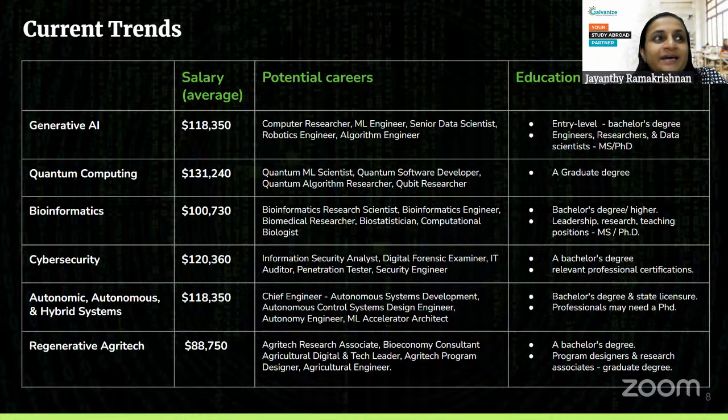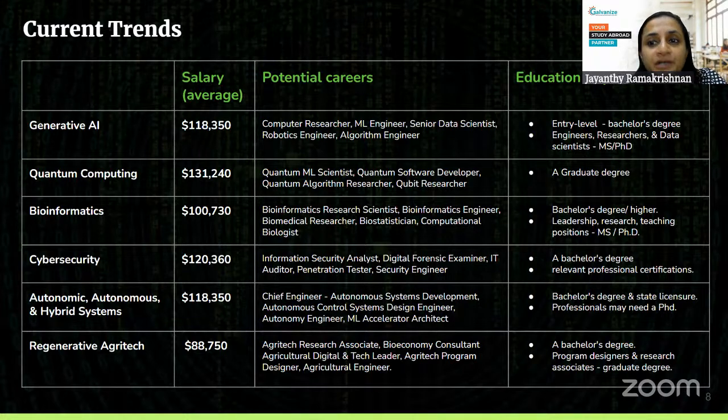Okay, so for example, generative AI. Now, in this day and age, I don't think there is anyone who hasn't used ChatGPT, right? If you have used ChatGPT, you are basically using generative AI. So if you want to work in that field, then your potential career is as a computer researcher, senior data scientist, robotics engineer, or algorithm engineer.